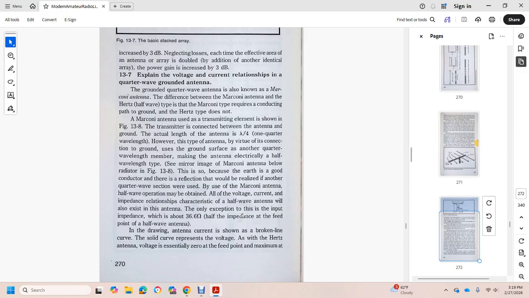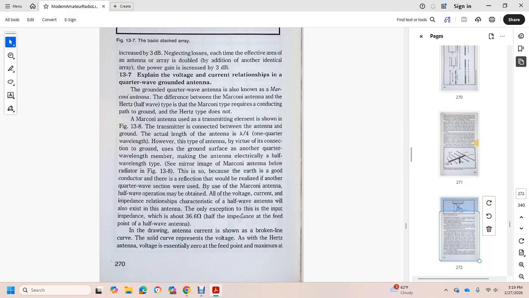With the Marconi antenna, the transmit element shown in figure 13A connects between the antenna and the ground with the actual length a quarter of the wavelength. The virtual connection with the ground, the use of the ground surface at the end of the quarter wavelength member, makes the antenna electrically a half wave antenna with a mirror image of the Marconi antenna below the radiator in 13A. This would become the earth is good with the conduct with